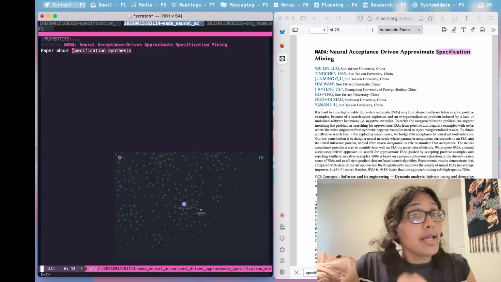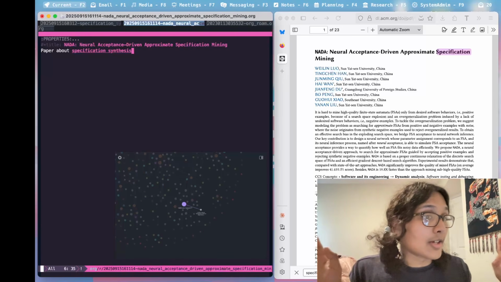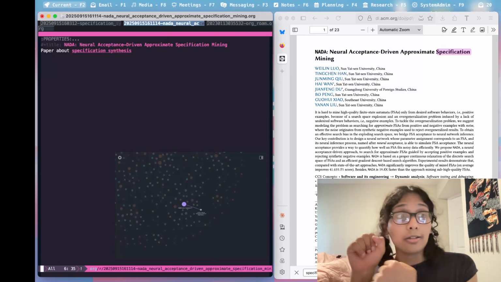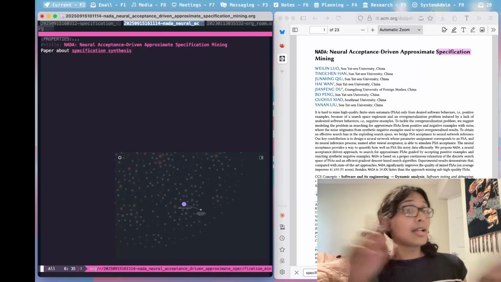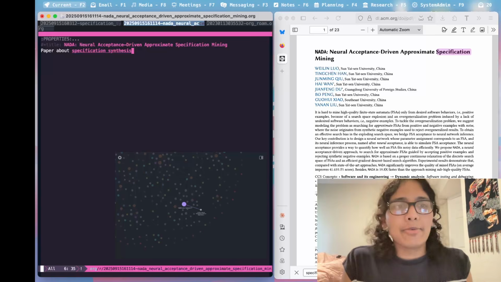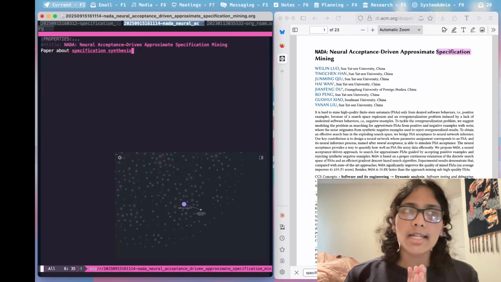And now what I'm going to do here is add a link to my previous concept of specification synthesis, and as you can see on the Org-roam little UI, it's kind of updated and added a link. That's cool. I get a little dopamine hit. Yes, we're doing research. Paper about specification synthesis that